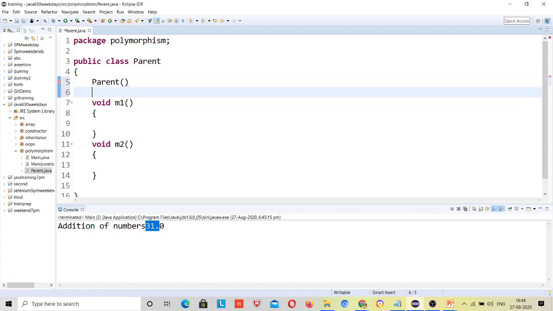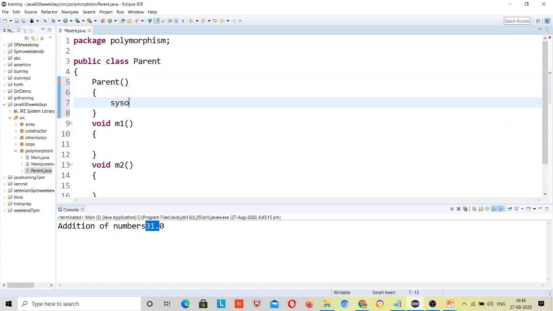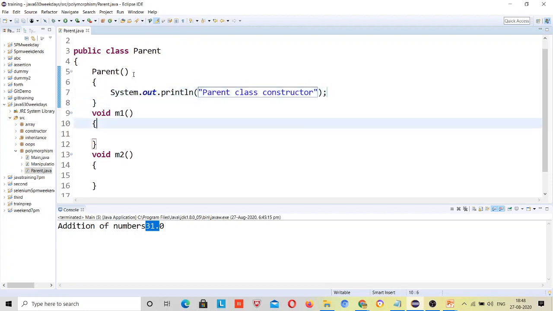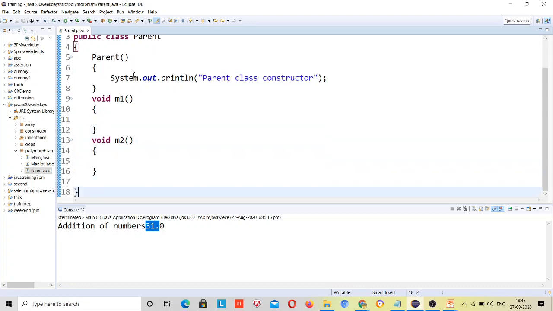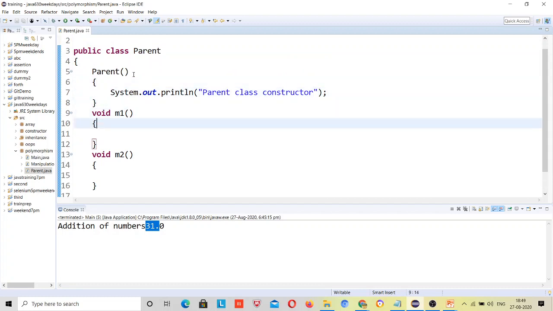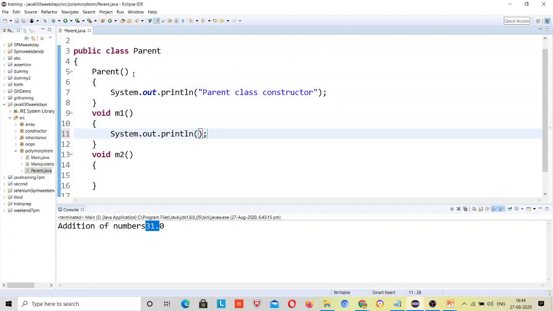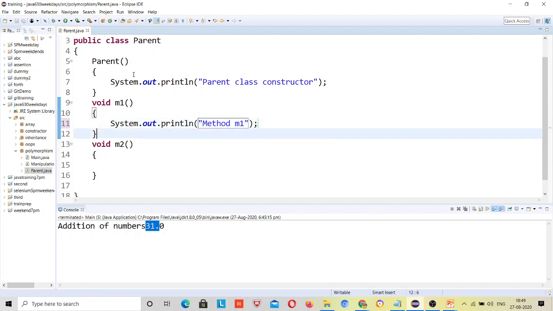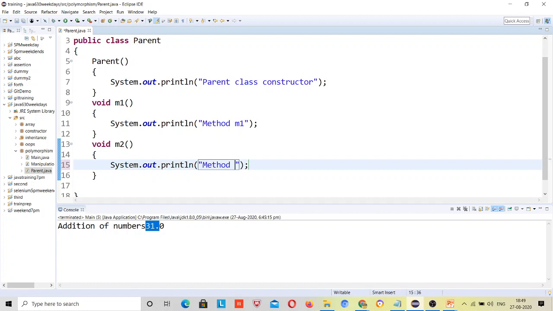For every class there will be a default constructor, whether you define it or not. You can say parent class constructor. Here you can see there is a constructor inside this. This is a method, just give a message, method m1. Here you can give method m2,